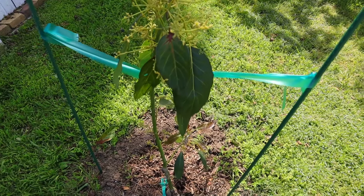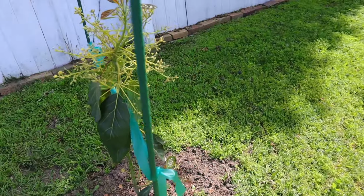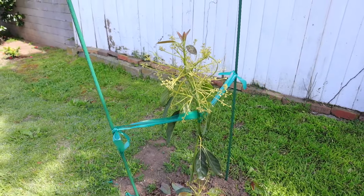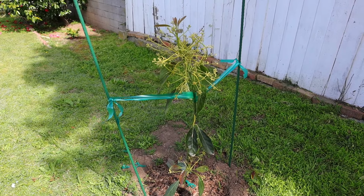Now the final step is to stake the tree, and I did that earlier this week. You want to stake the tree perpendicular to the prevailing wind so the trunk can move in the breeze. In our area, those winds come off the ocean, so out of the west. So I put the stakes in perpendicular to the prevailing winds so the trunk can move, and this will strengthen